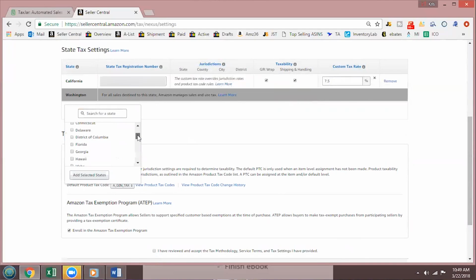Legally, you are required to collect sales tax in every single state, but that means you have to establish a seller's permit in all of those states. That means any state that you're selling in that requires you to collect sales tax. But what I was told, and what I know a lot of Amazon sellers bigger than me do, is they wait till the state approaches them.